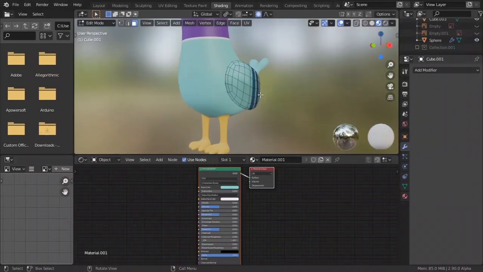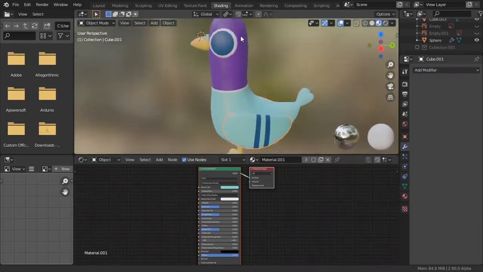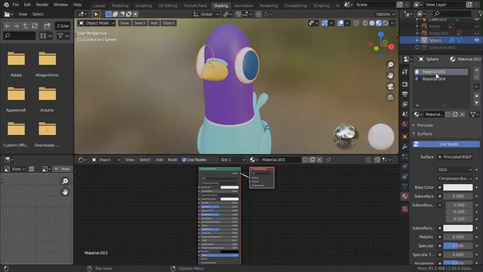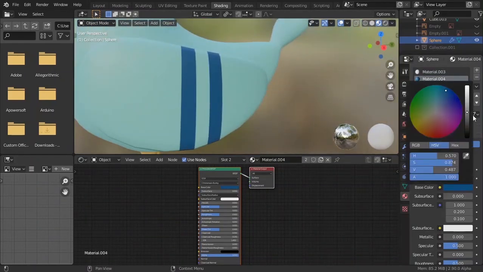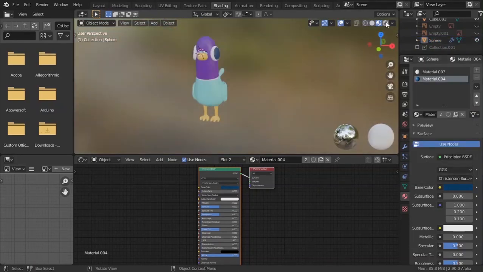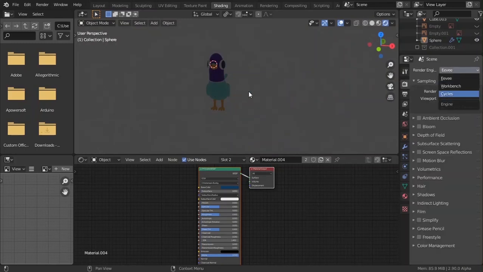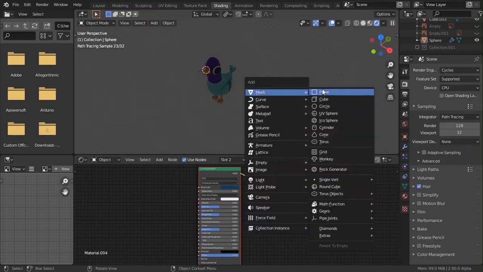So I'm just going to go ahead and change the blue color. That's not quite good. I'm just going to change it to something like a darker bluish thing. Let's go to Cycles and change the render engine to Cycles. Eevee is just a real-time one, which is not the best